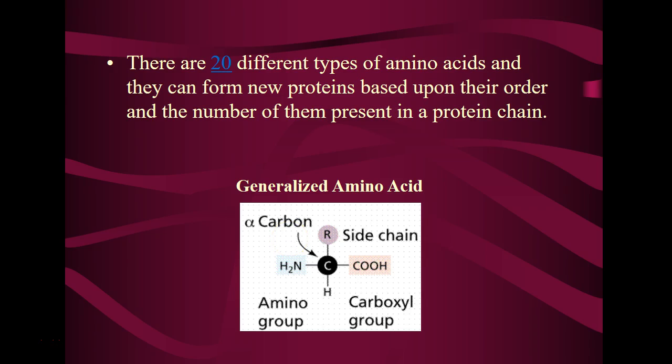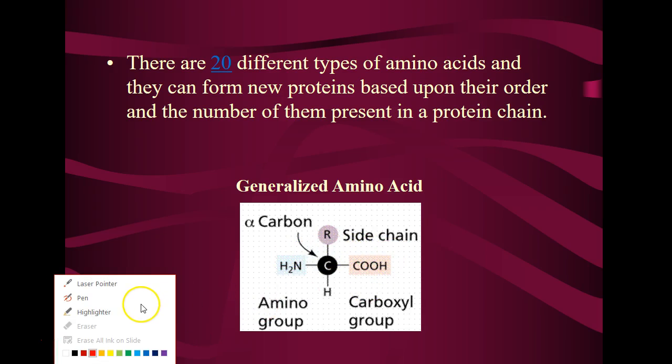And there are 20 different amino acids, and make sure you know this form. They all have this form in common. The only thing different about an amino acid is this little R group, and that could be anything. There are 20 different R groups, but this stuff in the middle,